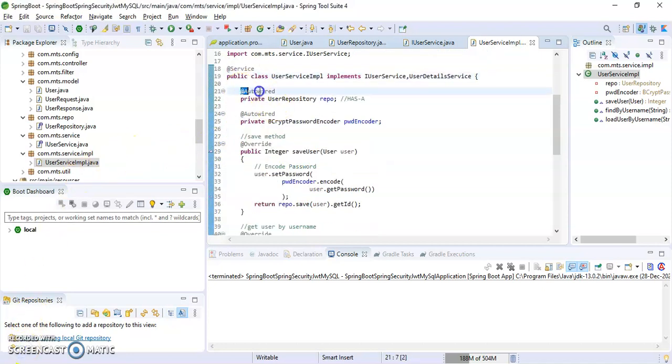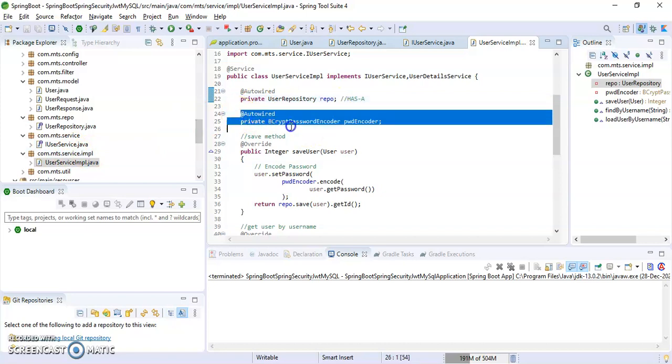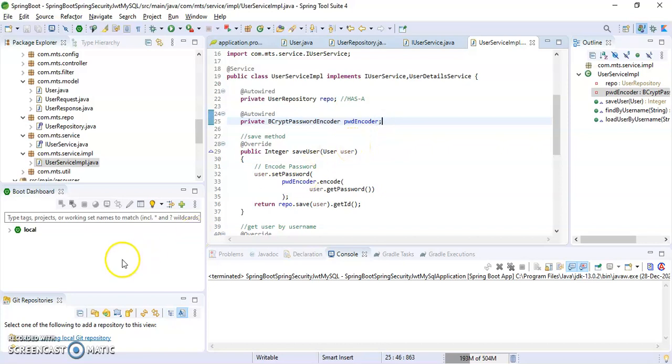And you have to create a bean of repository in this service class, which is the user repository interface. And then you have to create a bean of password encoder also, to encode the password, so that the password will be encoded in a certain coded language and any end user cannot read the passwords directly.